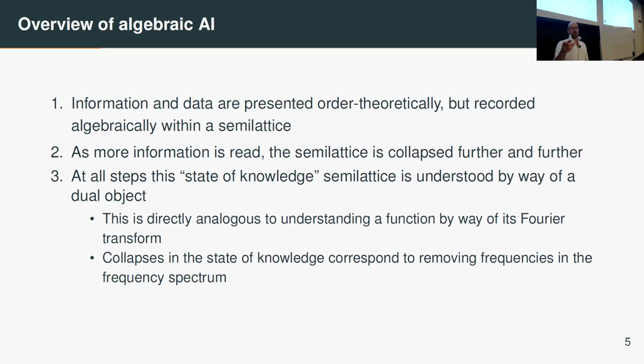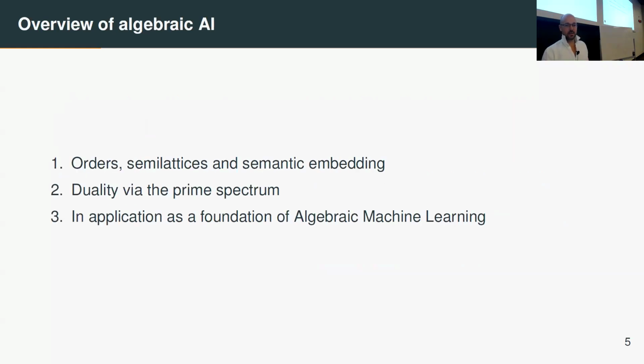Okay, so when we look at items 1 and 2 here, where I'm saying that the semilattice has been collapsed, this is a bit like simplifying the frequencies in the Fourier transform of a function. And you can imagine that if we were trying to simplify a function, we could look at its Fourier transform and see, oh, these are really dominant frequencies. We'll chuck out all the rest, and we get something that sounds pretty much the same. And in fact, this is done very commonly in cleaning up noise in signal processing. So it's that kind of idea. And the fact that it is a duality makes this analogy concrete.